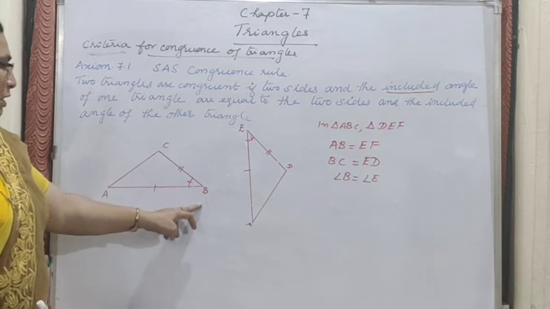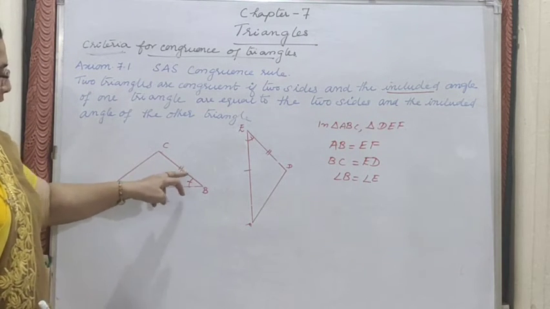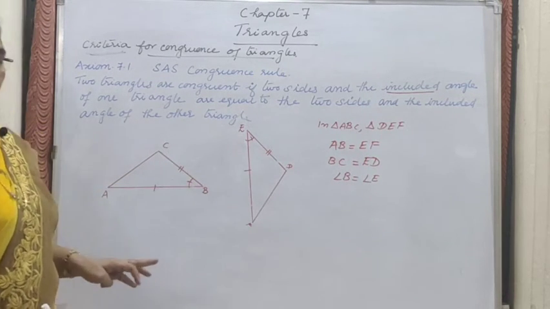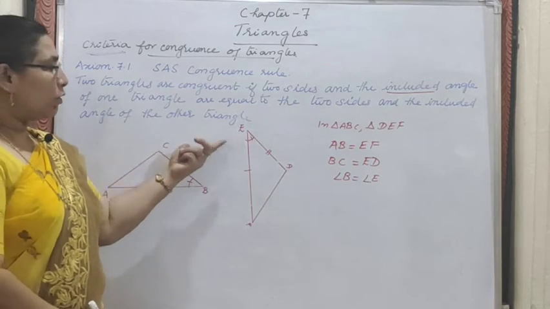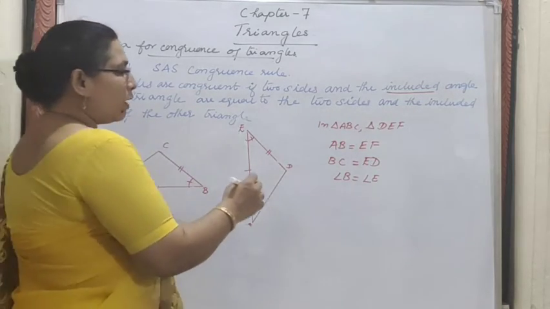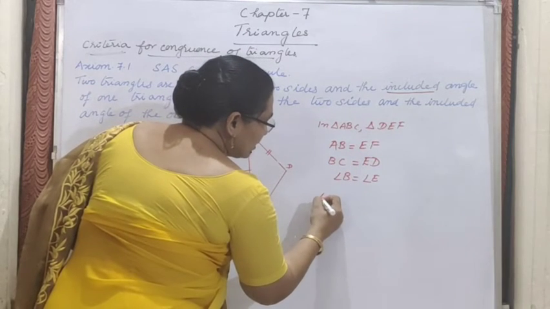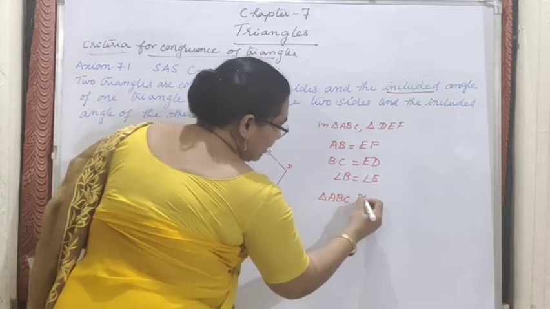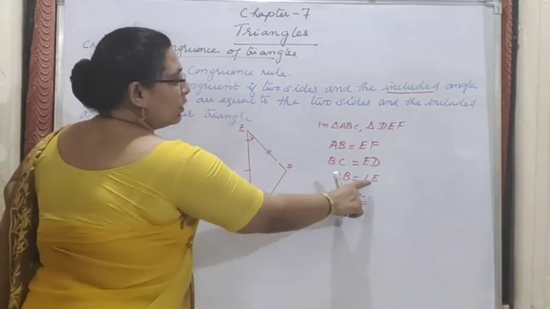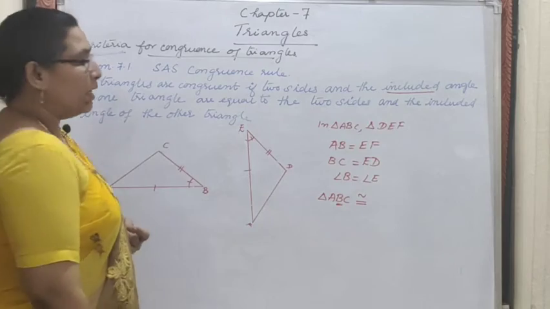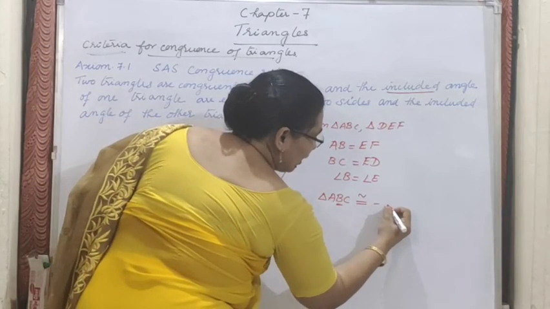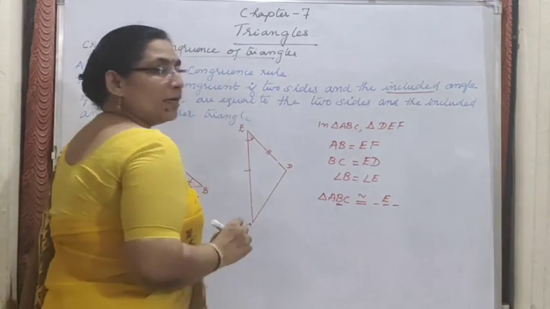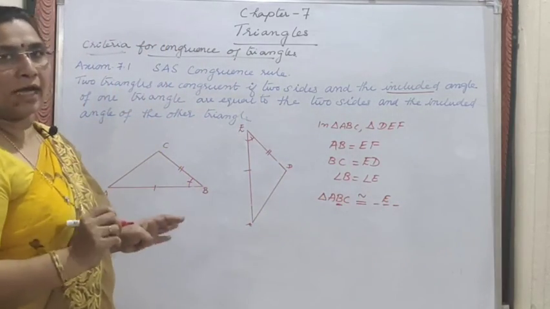So AB is the first equal side and BC is the second equal side. We are taking the angle, which one? Angle B. Similarly, first and second sides, and here the included angle is E only. Now what should we write? We write the first triangle in the same order, triangle ABC, right? For B there is no doubt about the correspondence, it is E only. So three letters are required here. In place of B, we are writing E first. So E is decided for B.